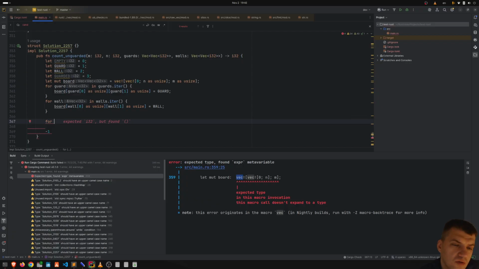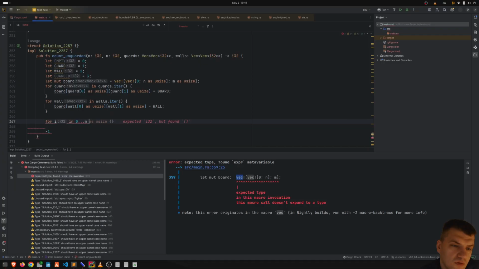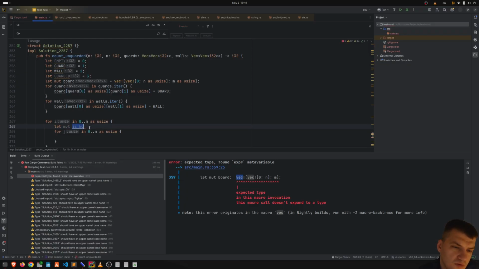for i in 0 up to m, SU size, okay, for j in 0 up to n, SU size, say is let's mute as is guarded, mute is guarded equals false, and then